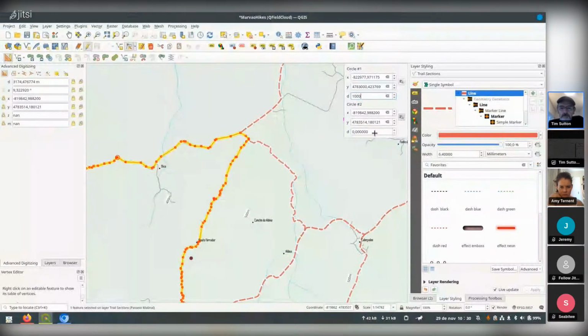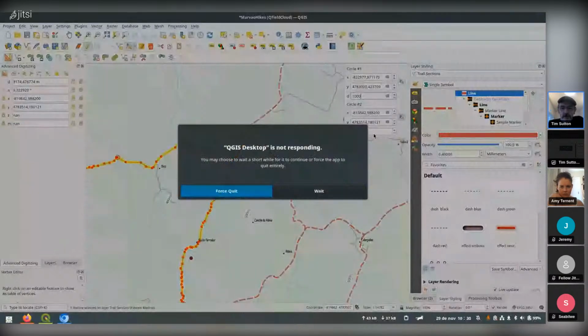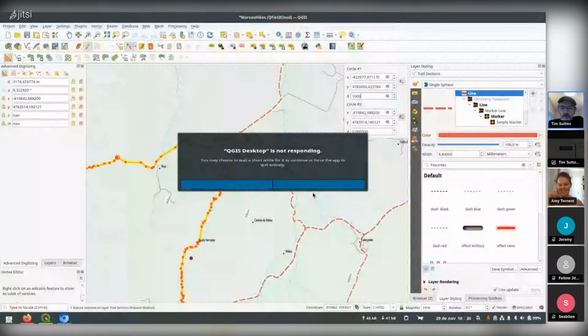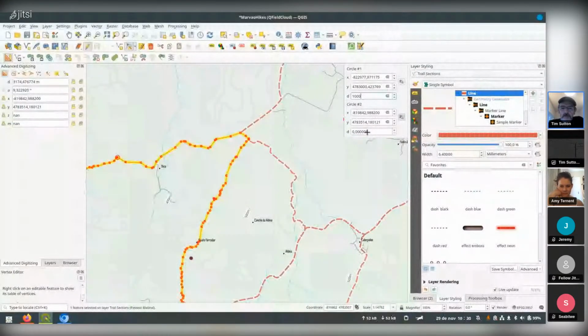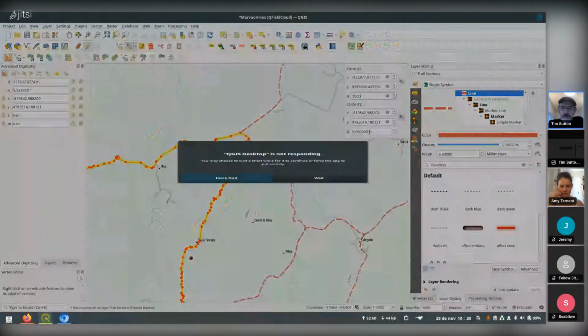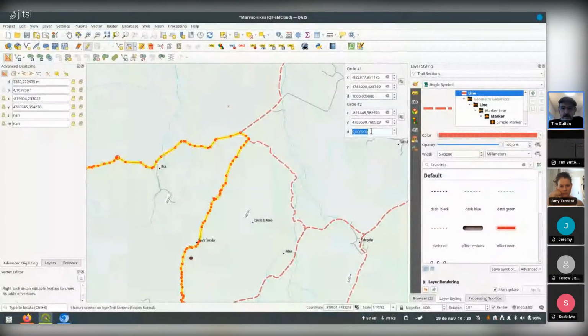you just have to be patient. It's one thing that I don't have on computers is patience, but sometimes you just have to be patient. Okay, and then I'll set this one to 1,000. Okay, and then you can see that we now have two snapping points. So then if I'm going to extend this line out, for example,